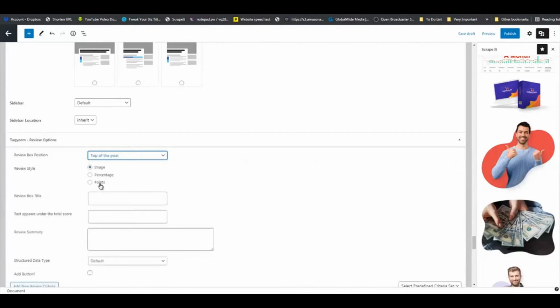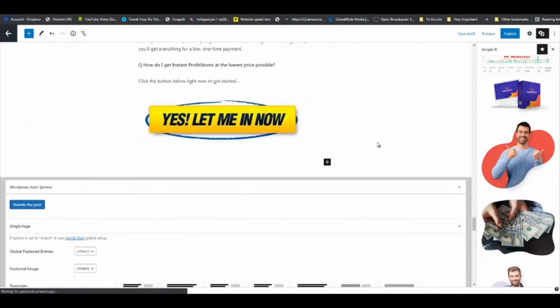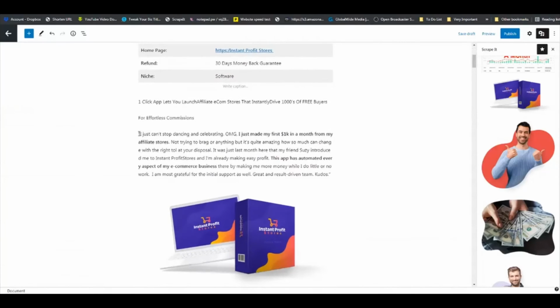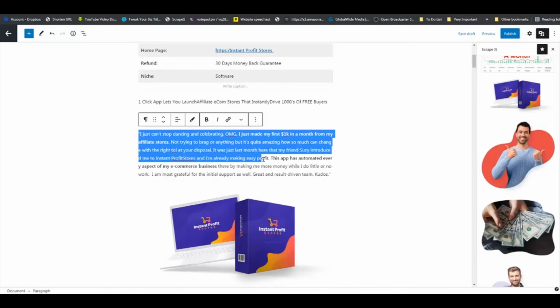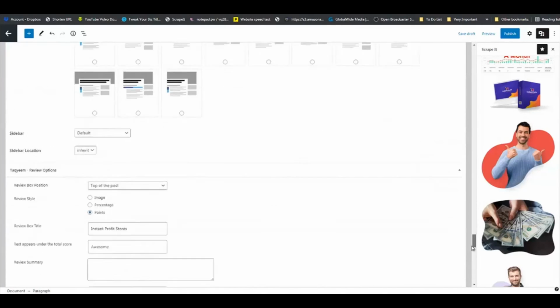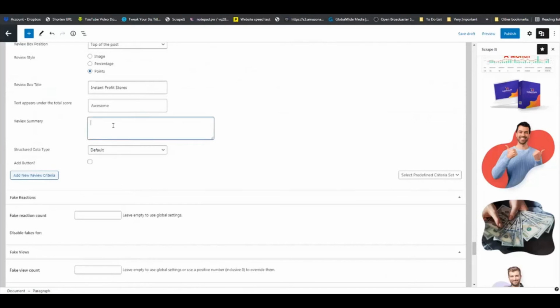you are going to see review options right here, top of the post. I'm going to use points, instant profit stores, I'm going to put awesome here, and then for review summary, all you have to do is just go back to the top. You grab some text. I'm going to just grab some of this right here, copy it, come back down to the bottom of the page, paste that in there,